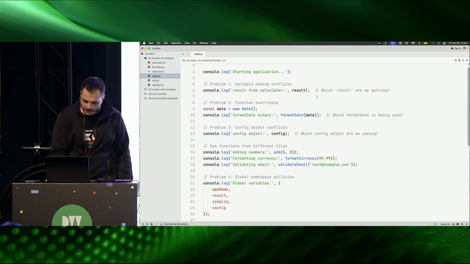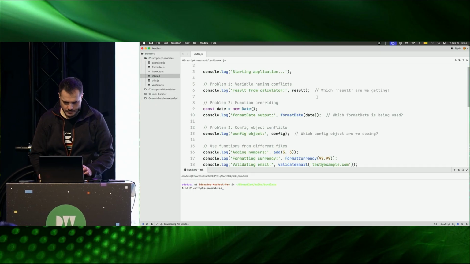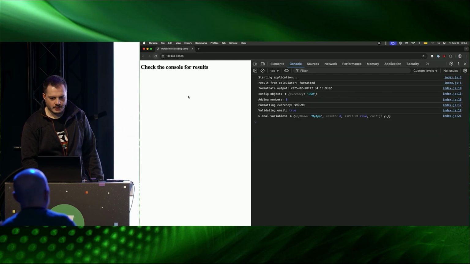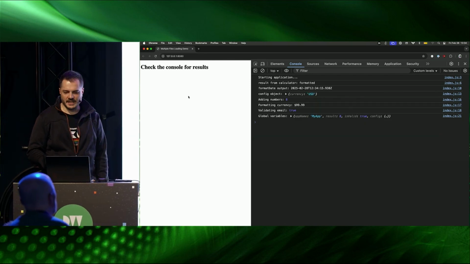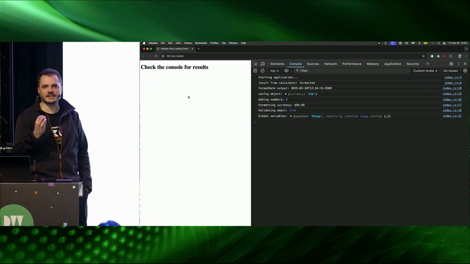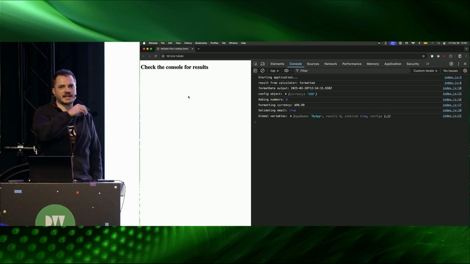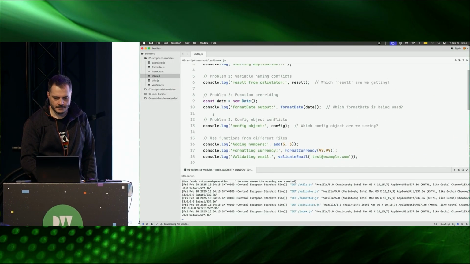And so if we launch this and load the browser, the application works. But what's the problem here? The problem is this is not reliable. We cannot control the order of execution of our functions. We cannot control which function will get executed first, last, because everything is global. So